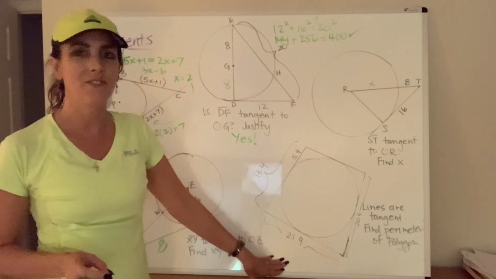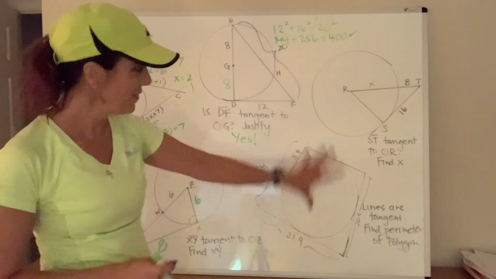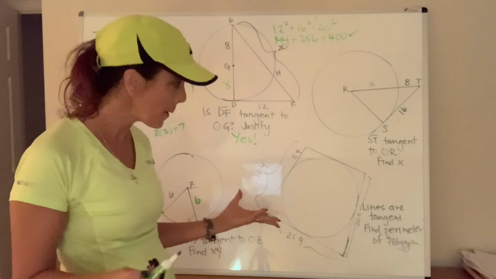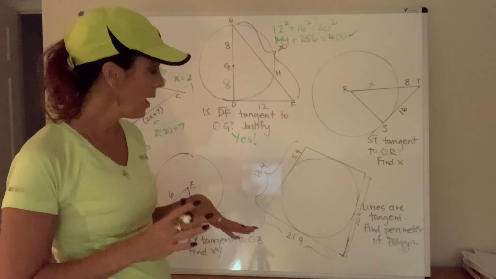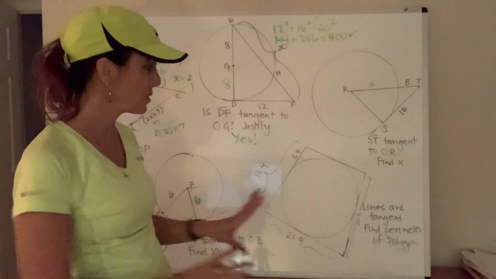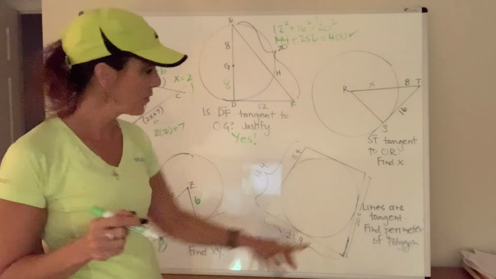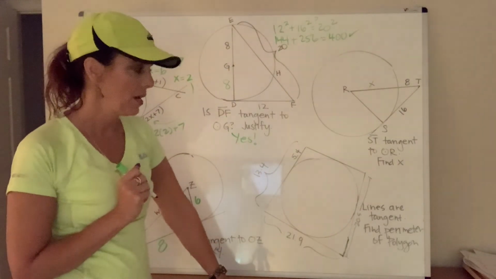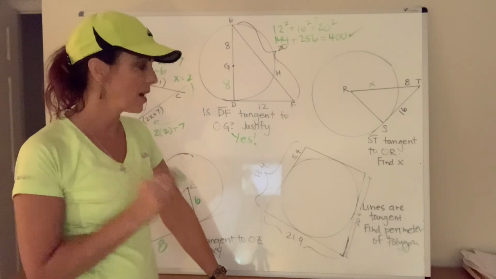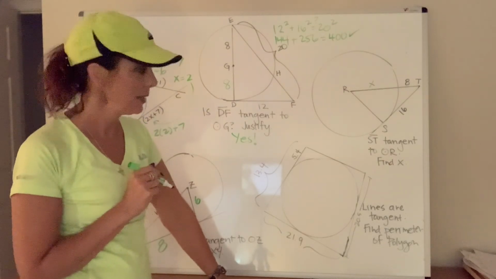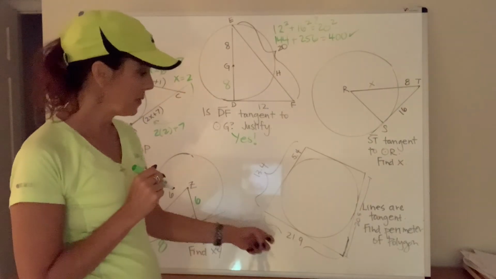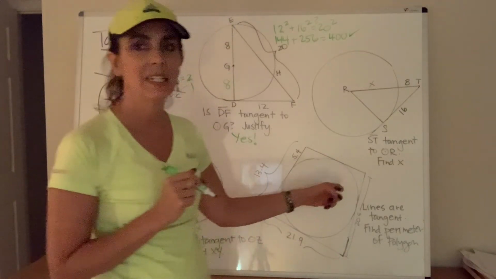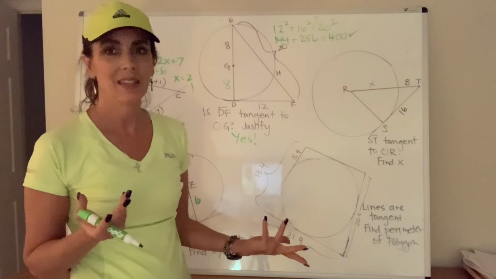All right, let's look at this one. This one is kind of a fun puzzle, because I have this circle, and it's inscribed in this polygon. It's a quadrilateral, all right? And all I know is some parts of the side lengths. I also know that the lines are tangent. All those lines are tangent to the circle. And I am interested in the perimeter. 13.4 plus 21.9 plus 20.5 plus, I don't know anything on that